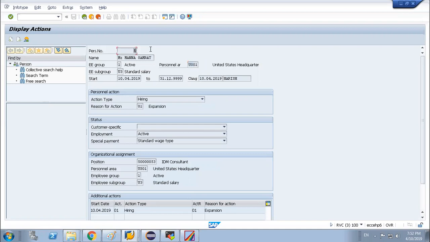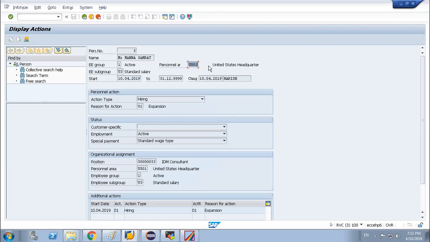This personal number 5 belongs to US 01. So another user might belong to UK 01. Another user might be from AS 01, that is Australia's personal area.